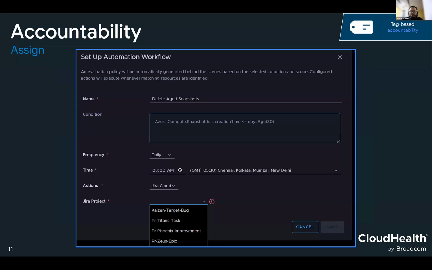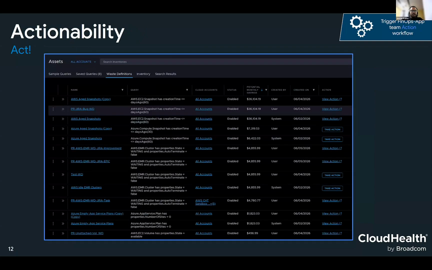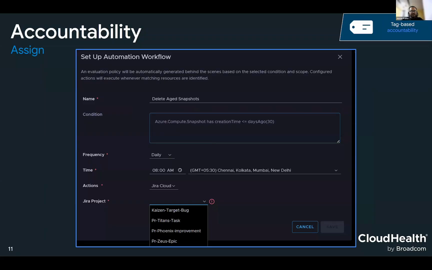All right. So we saw accountability and then actionability. For each of these waste definitions, you will see a prompt like Take Action, and that's where you will see this screen where you can select the owner, and how frequently you would like to assess or evaluate this condition, and take action.